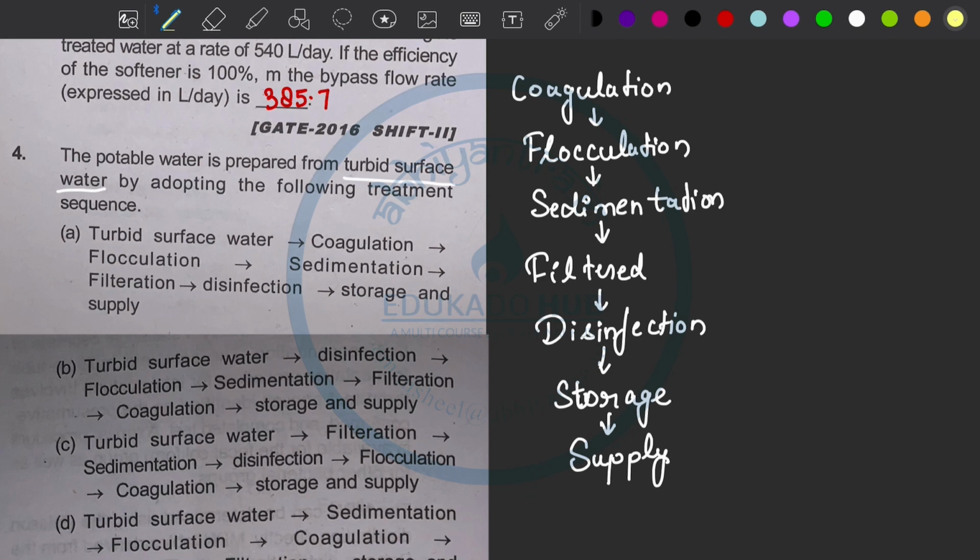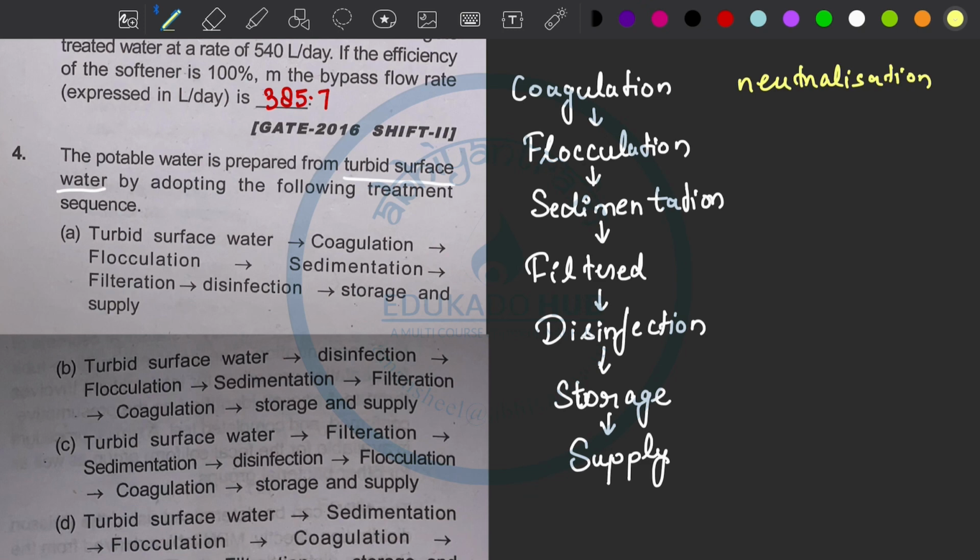See, turbid water means the transparency of water will be less. So in turbid water we add some coagulating agent like alum. What does it do? It creates neutralization of charged particles. Water is turbid because of the negatively charged particles, and when coagulant is added, all the charged particles are